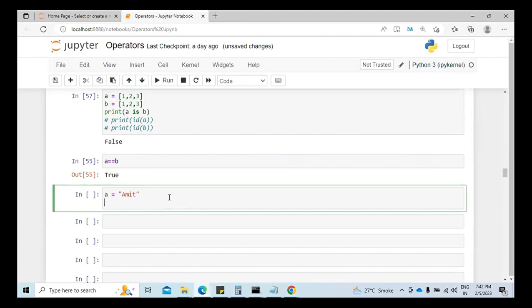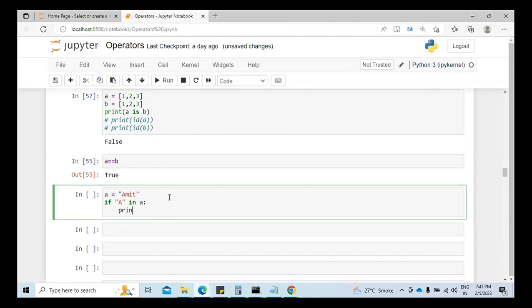So when I try to use this, for example print, if a letter is there in a, print